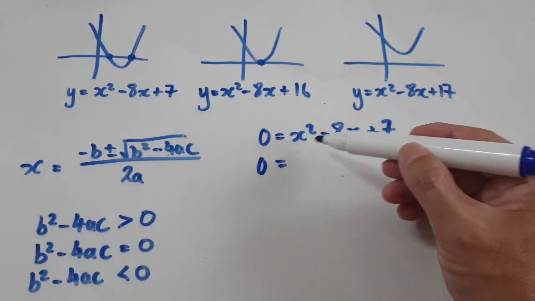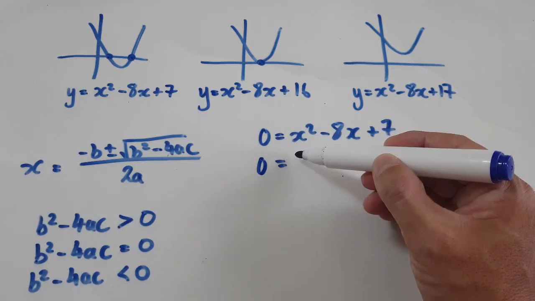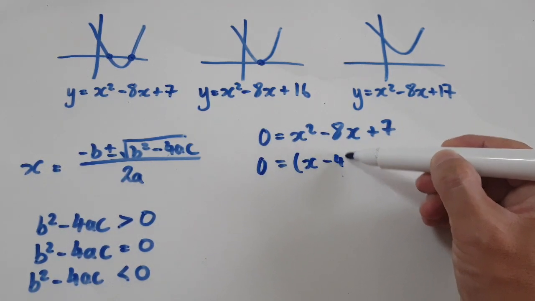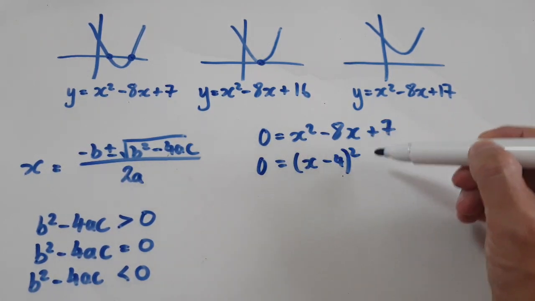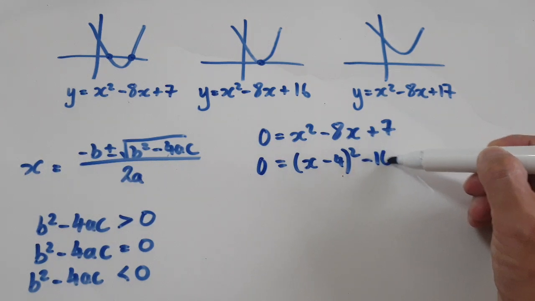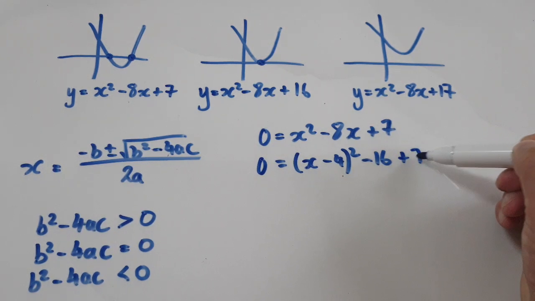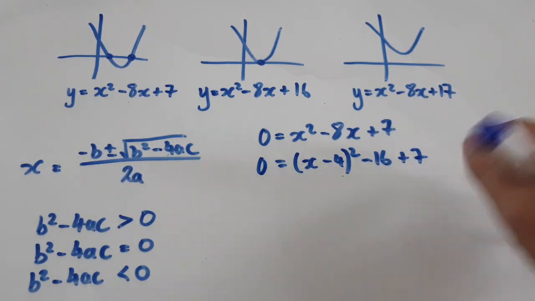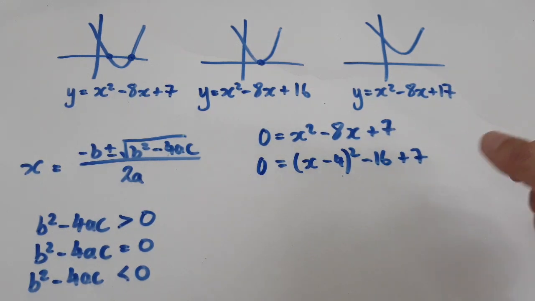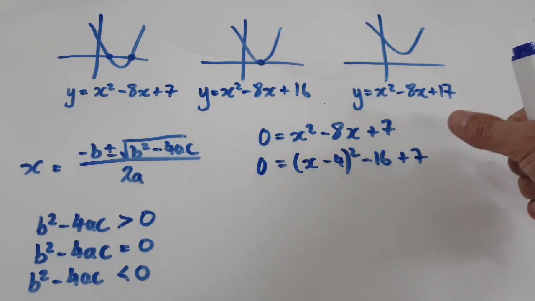Okay, so to find the solutions here, we would complete the square. I'm expecting you to be able to complete the square. So it's going to be half of this. So that would be minus 4. And then you take away minus 4 squared. So that would be take away 16. And then you carry this 7 down. I'm expecting you to be able to do this. So now single number, merge them together. That would be